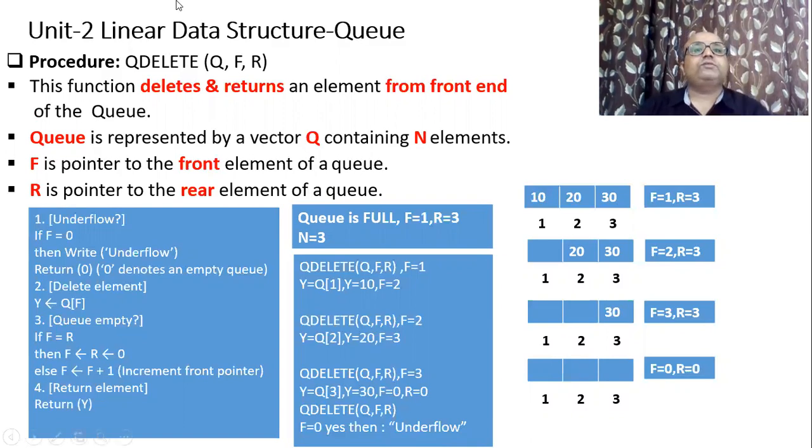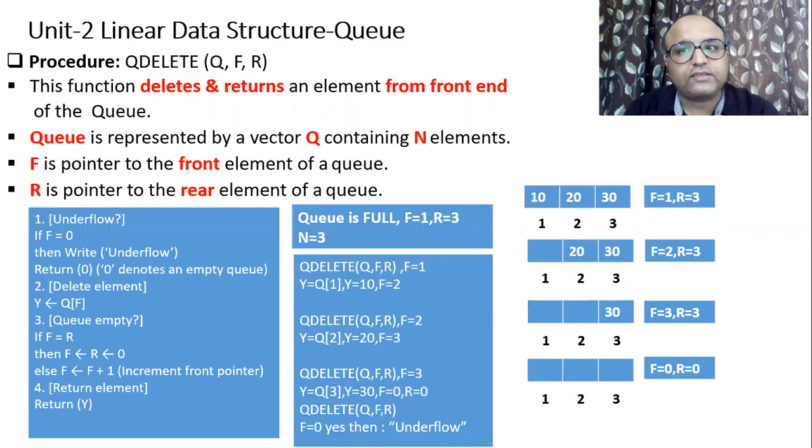If you observe, it has three parameters: Q, F, R. Keep in mind one thing: when you are trying to remove anything from a queue, there is no need to specify the element which you want to delete. Why is it like this? Because in case of a queue, the deletion always starts from the front end. So by default, it will delete the element which is at the front of the queue.